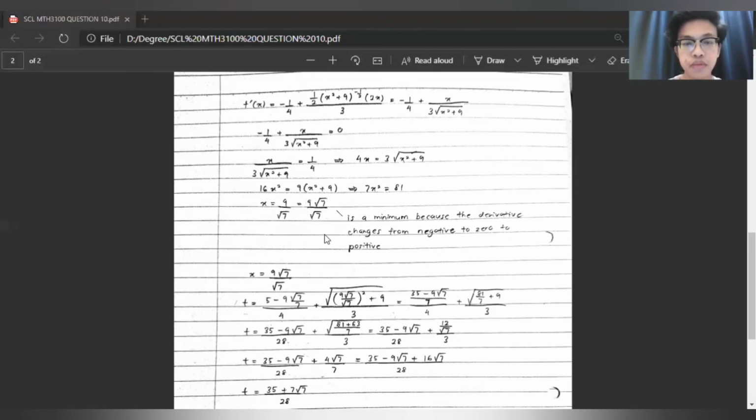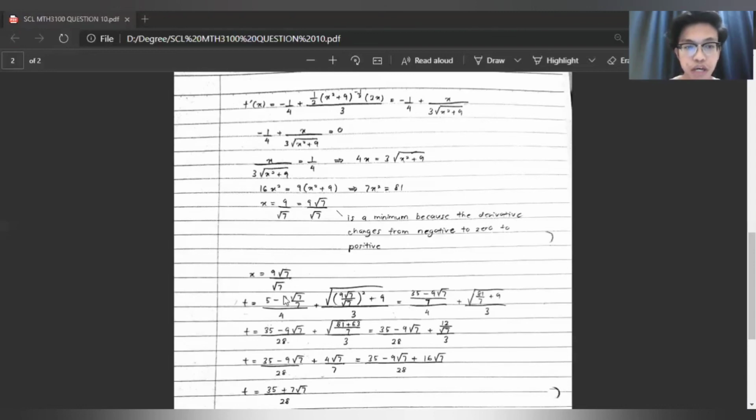Okay, after that, we use the first derivative test to determine if each critical value is a maximum, minimum, or neither. So we know that x is equal to square root 7 over square root 7 is a minimum because the derivative changes from negative to 0 to positive. And then what we need to do is put the value of x into the equation,